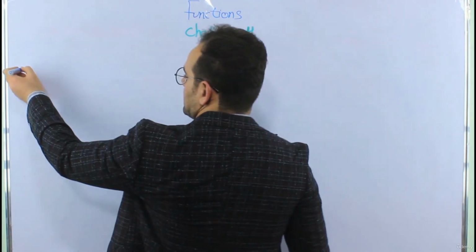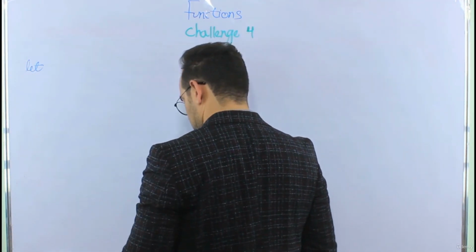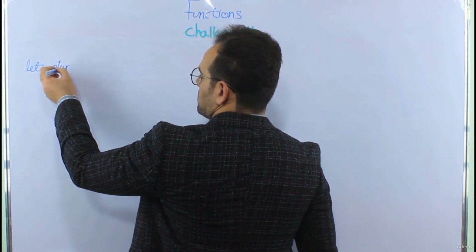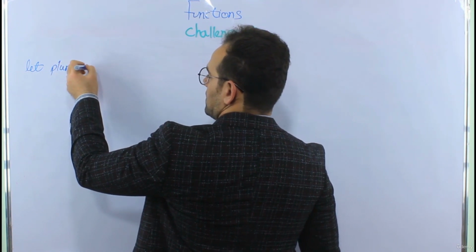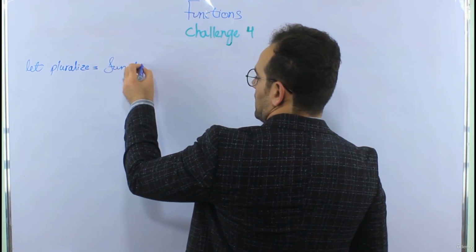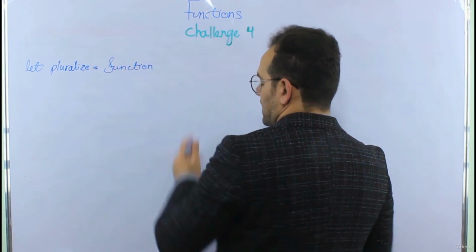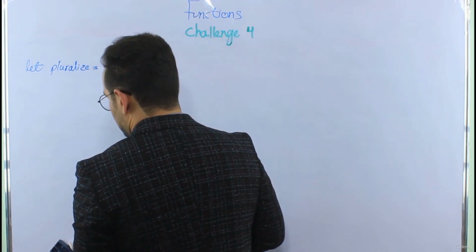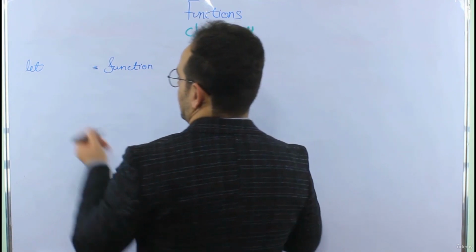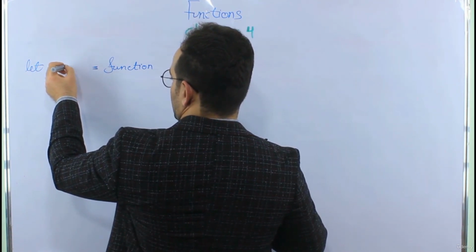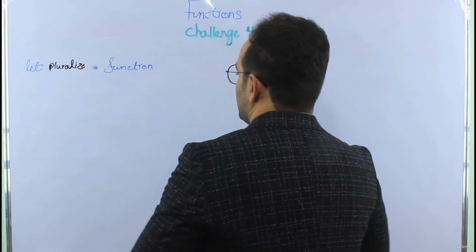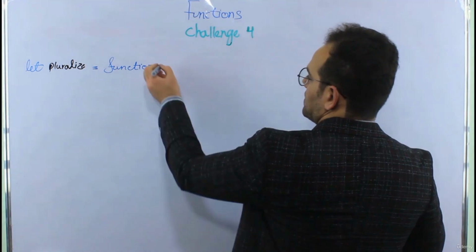I'm going to create the function name first. The name of the function is going to be pluralize, and then we need to add the function keyword. After we have added the function keyword, I should stay consistent, and the name I'm going to write in black. So it's going to be pluralize. Cool. Now within the function itself,